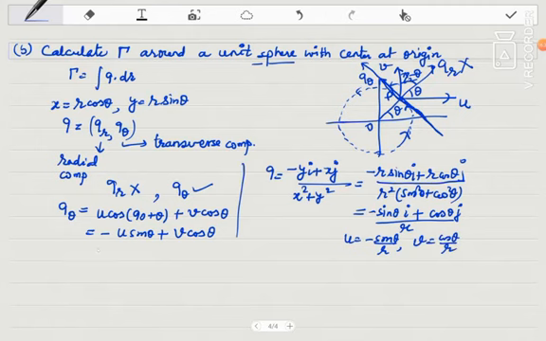So I'll put it here. Minus plus will become plus, so it is sin theta upon r into sin theta, and v is cos theta upon r into cos theta. Solving, I'll get only 1 upon r. So now I'll put it here. Gamma is equal to the integral of q theta, so it is 1 upon r into dr.